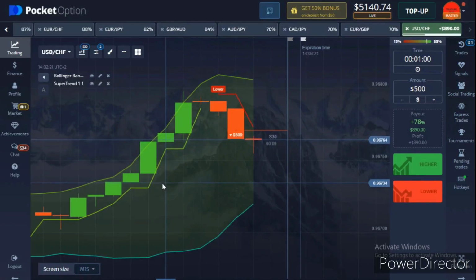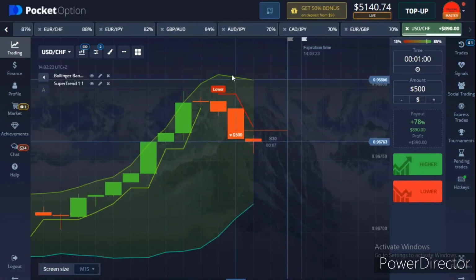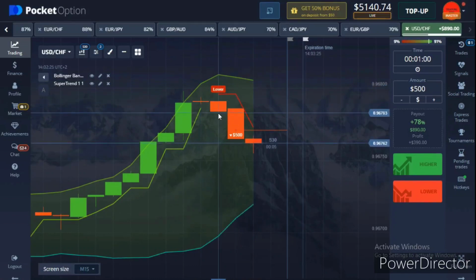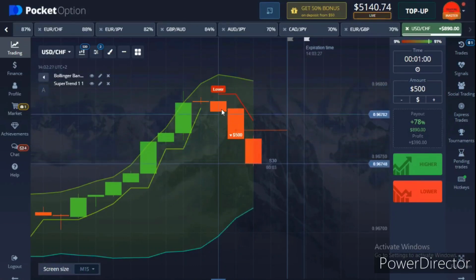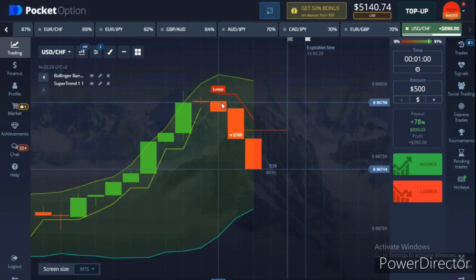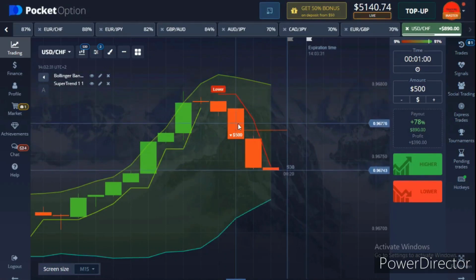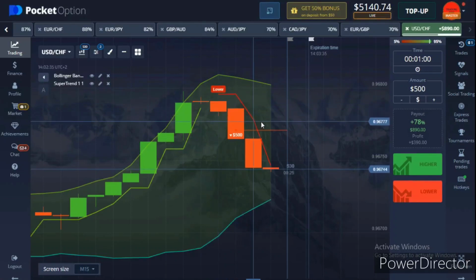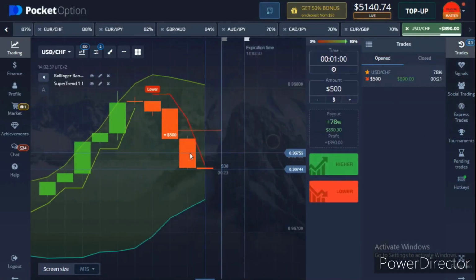So like I said earlier on, all you have to look at is to make sure that you have your super trend signal indicate on the first candle here. But the number one thing, make sure the candle is actually strong, and we are placing the trade on the next one. It's very important. The reason why we are holding down for us to actually place the trade on the next one